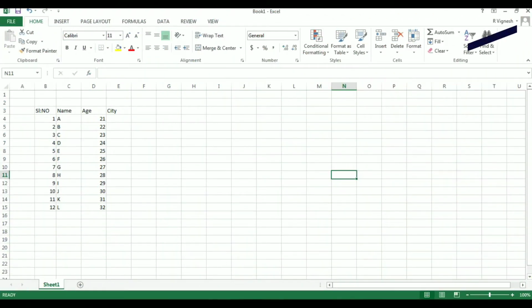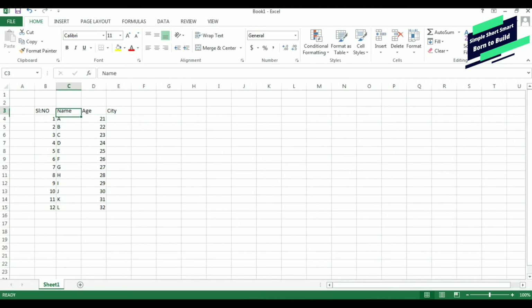Hi friends, today we are going to see how to use VLOOKUP in Excel. You can use this formula to bring details from one sheet to another within a second. So this is what I am going to show you. Just watch this video till the end, so it will be useful for you to understand the process completely and clearly. So we have two different sheets.